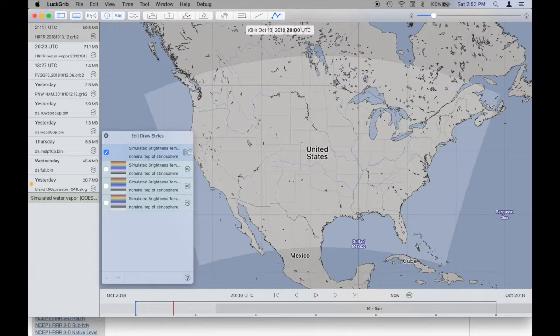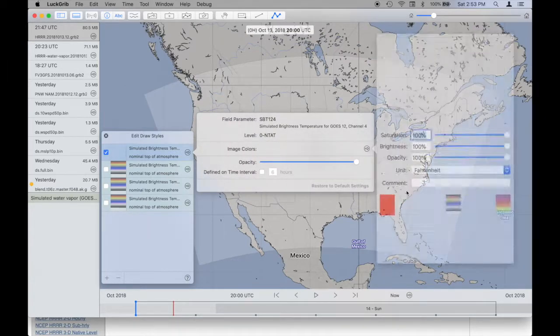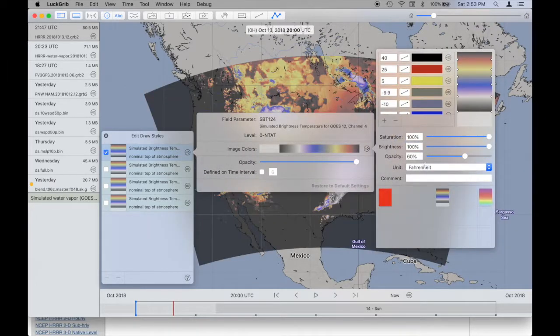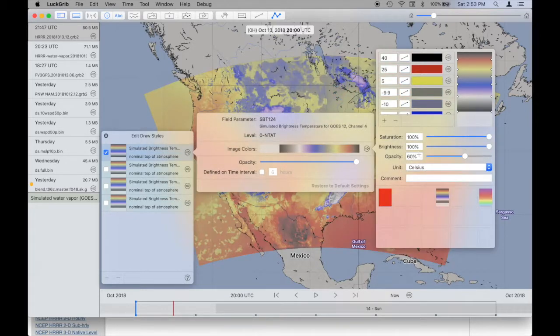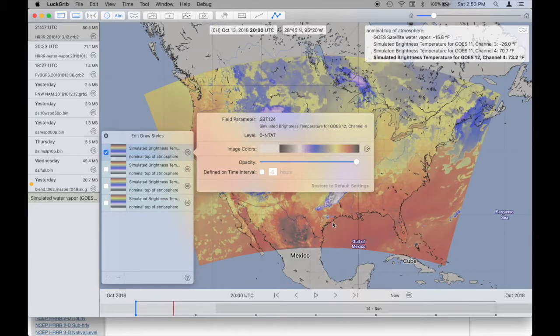Turn that on, and we'll drag color map up. Change it to Celsius. Change opacity to 60. Already is. There we go. Okay, so this